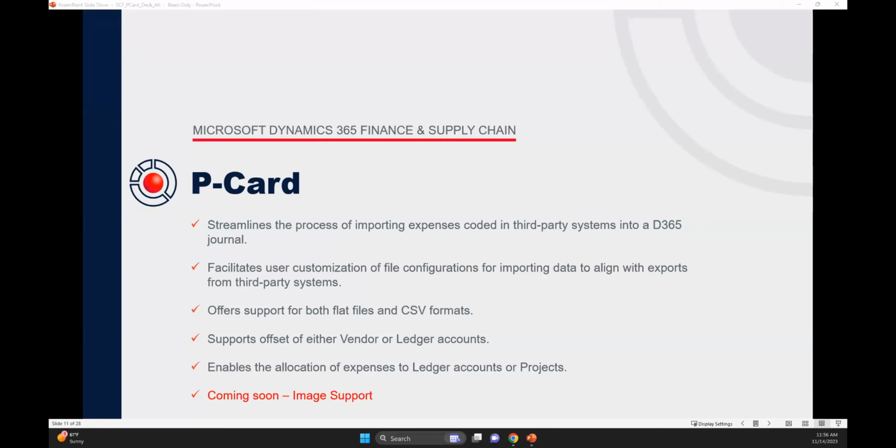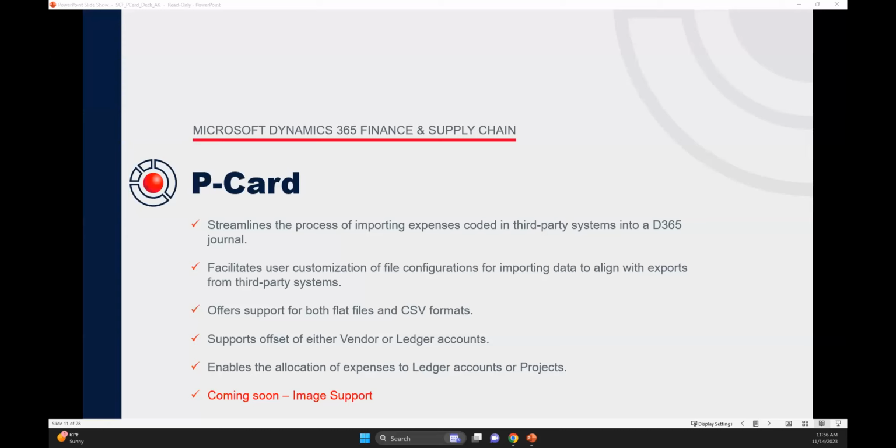Okay. So our P-card process right now is facilitating the easy import of expenses that are coded into a third-party system into your D365 journal. It does allow configuration of that file in either a CSV format or a flat format, and that configuration is done in Bank Fabric.